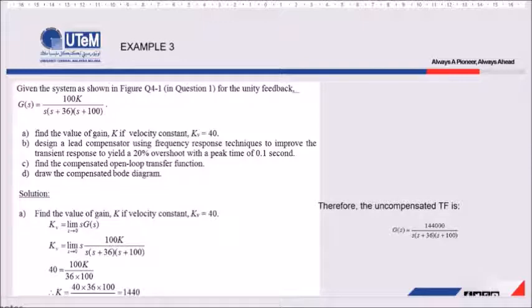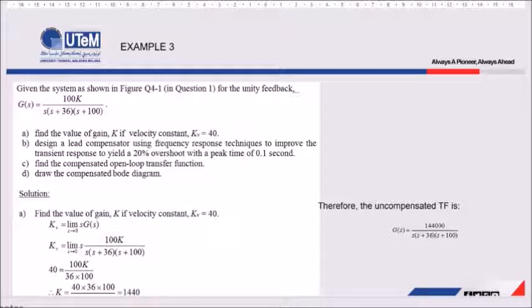After we design this lead compensator, we can obtain this compensated open loop transfer function. And after you get this open loop transfer function, we can draw the Bode plot with this compensated open loop transfer function, which becomes the compensated Bode diagram. Okay, to solve the first problem, which is to find the value of K if velocity constant Kv equals 40,